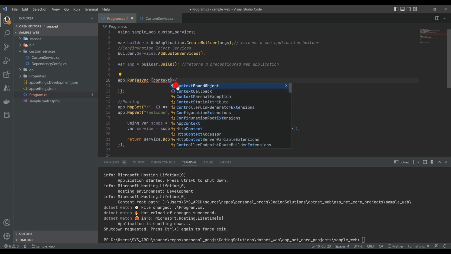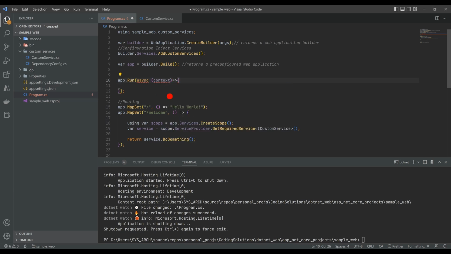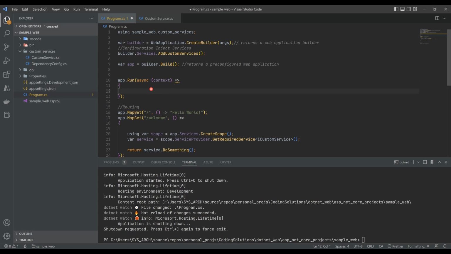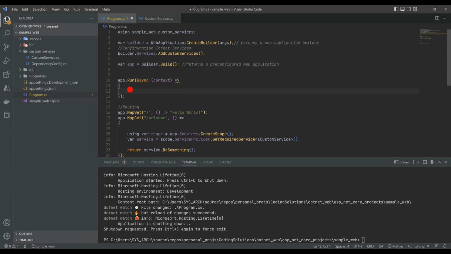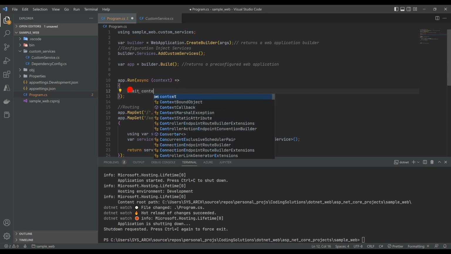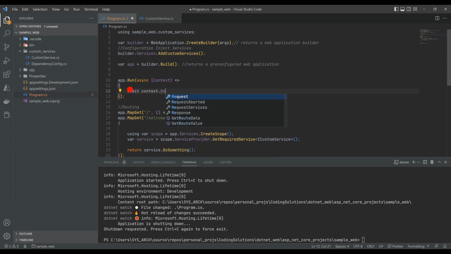That gives me access to the context object. Next we can say await, grab the context object, go into the request or response object,